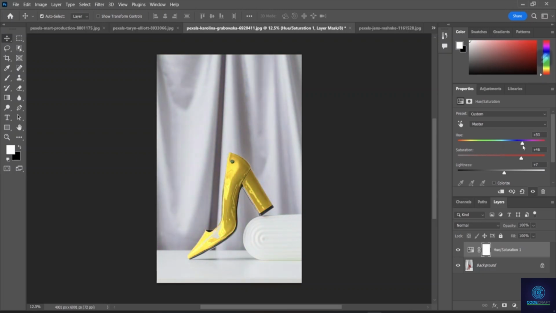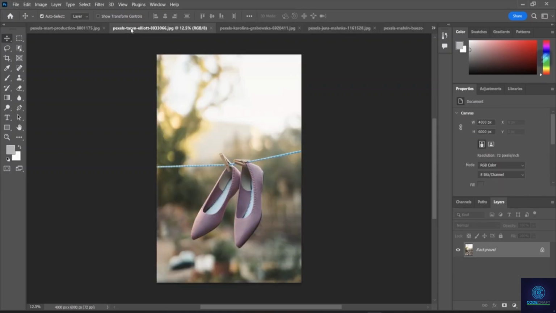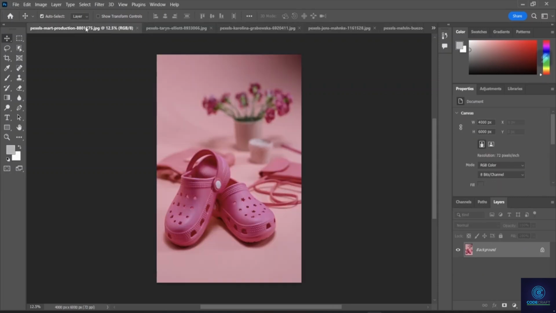I'll just keep it somewhere here. I will just keep my saturation here. Now I have shown you guys how we can change the color of a particular object using the hue option. But now let's go to some other image here, and here I will be choosing how we can